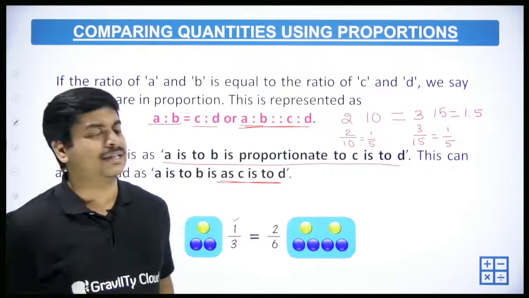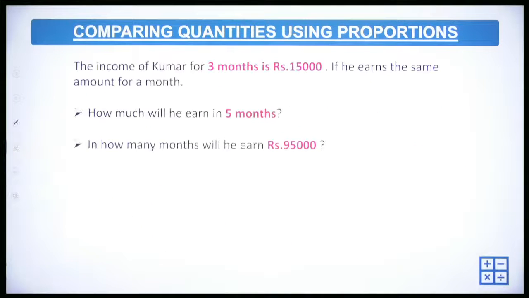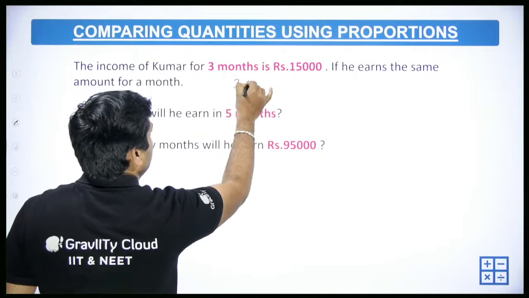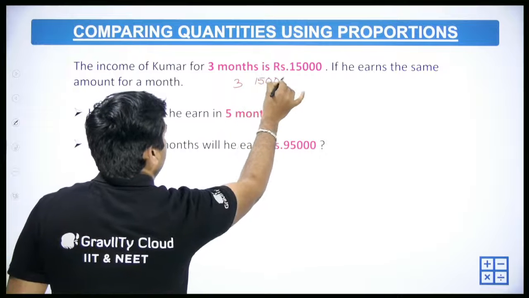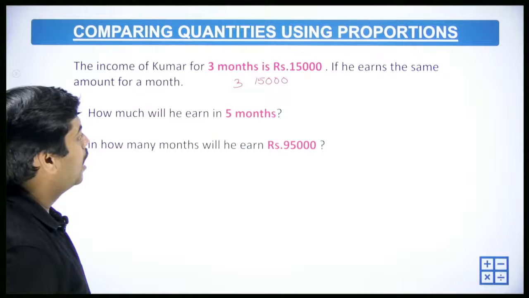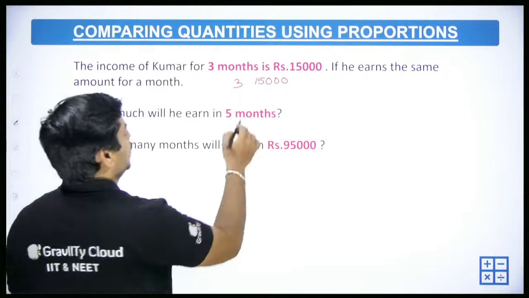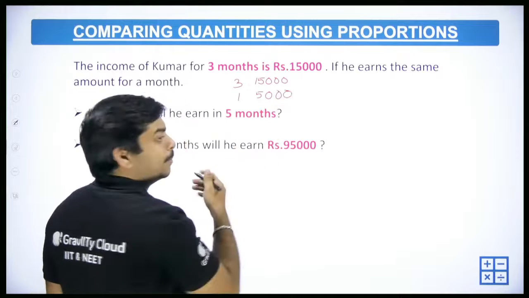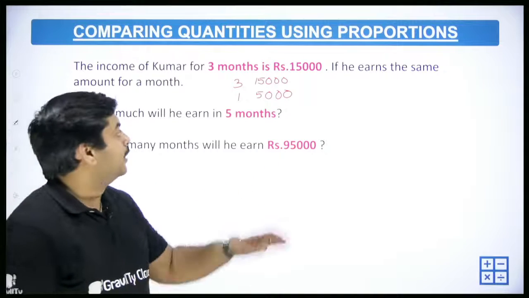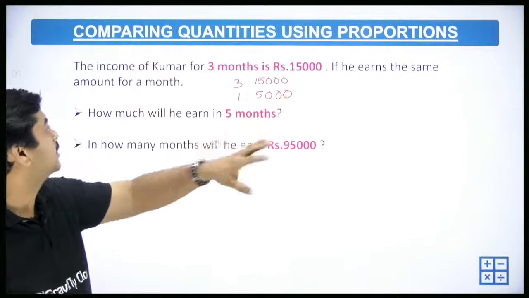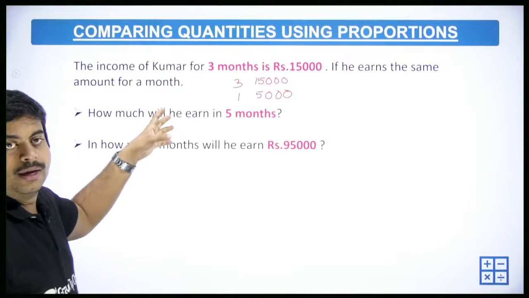This is what we have discussed. And we also discussed one more question. The income of Kumar for 3 months is 15,000. So let us say 3 is to 15,000, the months is to his income. That means 3 is to 15,000, or 3 ones are 3, 3 fives are 15, so 1 is to 5,000. Both are the same, they are in proportion. 3 is to 15,000 or 1 is to 5,000, both are the same. And if he earns the same amount each month,